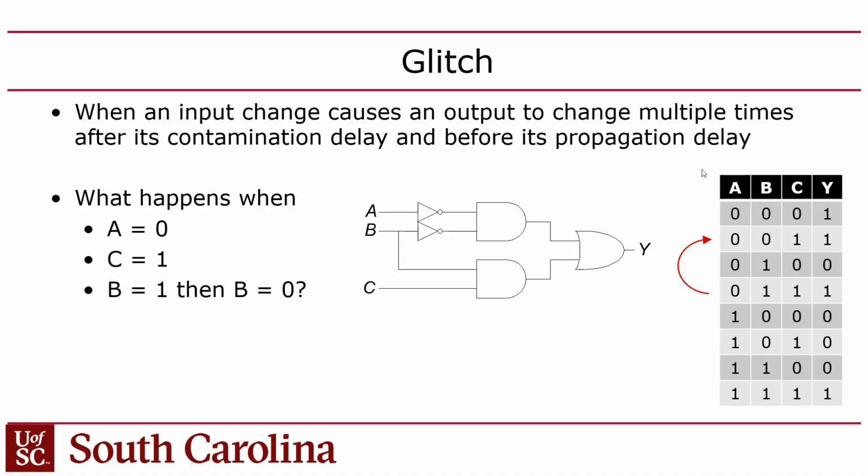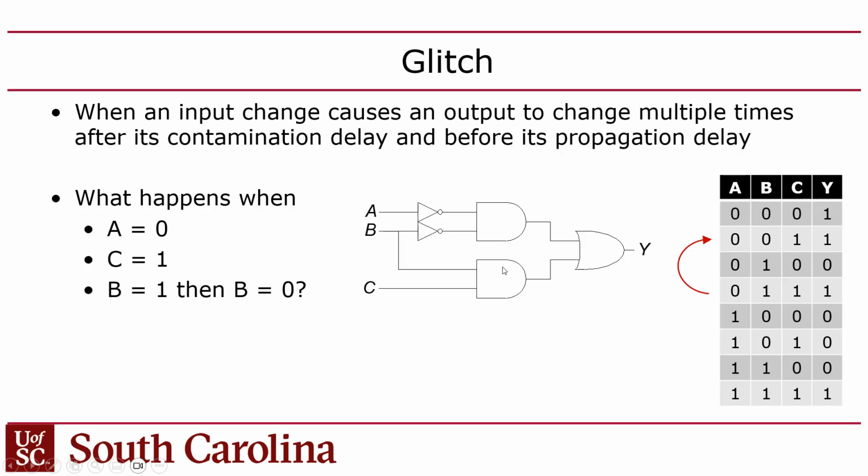Now, one of the consequences of this are called glitches. So in this circuit, we have this unbalanced circuit where we have a critical path going through 3 gates and a short path going through 2 gates, right? Now, the problem here is that you've got B and not B connected to 2 AND gates, and the output of those AND gates go into an OR gate. So what ends up happening is that if you change B